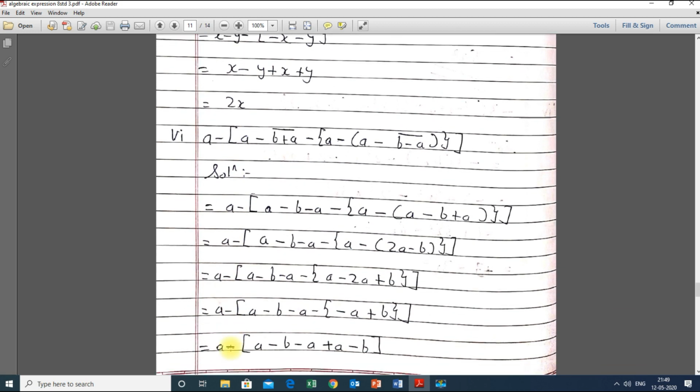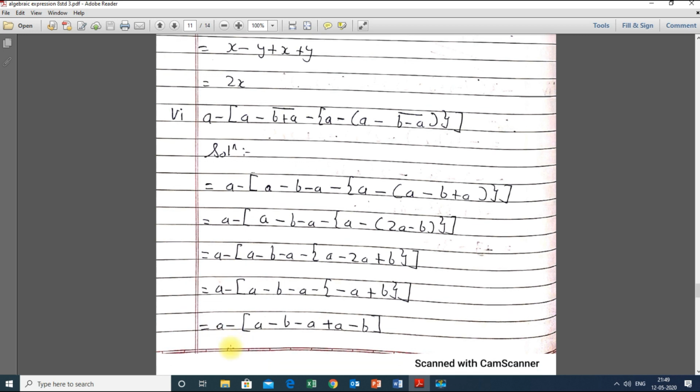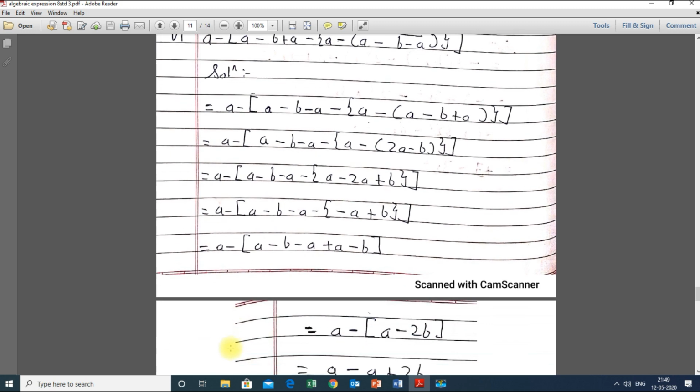Next, you can try solving this on your own. If you have doubt, you can just let me know. It's the same type of sum what we have done earlier, so I'm skipping this sum over here. Next,